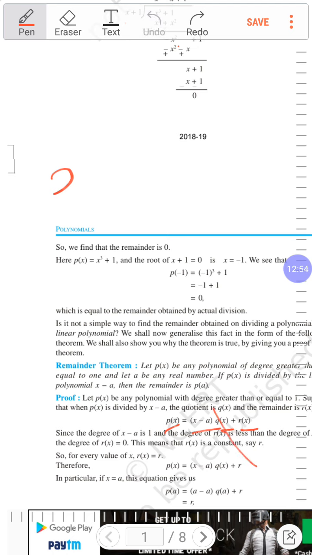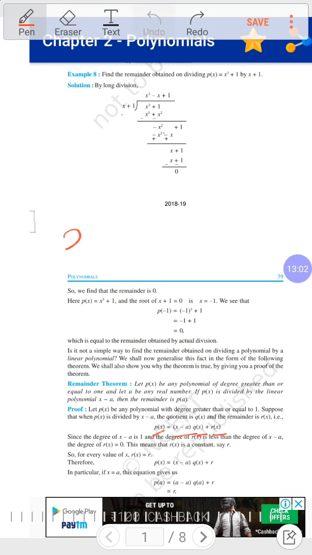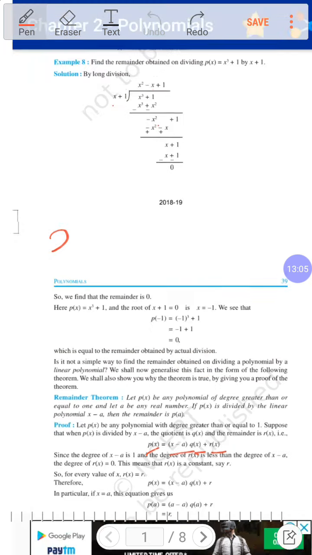Okay, students, I have always said that when you watch even a video, at that time also be with your book. If you are finding any difficulty in watching the slide, then you can use your book itself. Okay, now we will go further. Up to r we had read. After that, here it has been said, which proves the theorem.